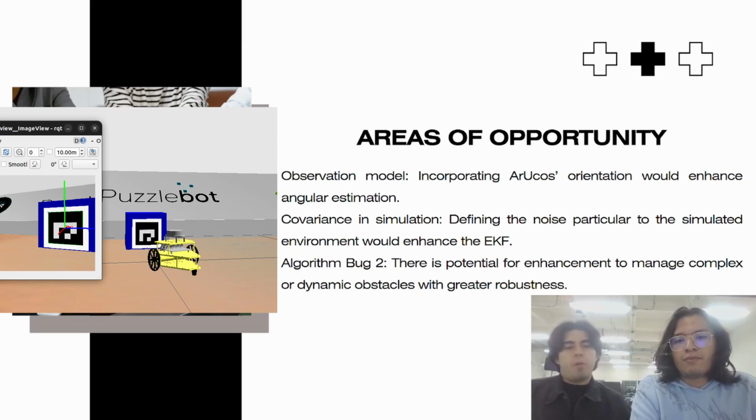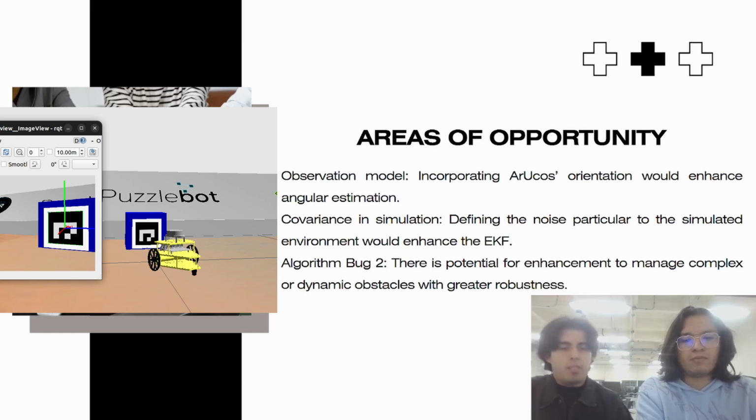As for areas of opportunity, there are ways we could have improved this project much more. We could have improved the observation model, in which we could have added the ArUco's orientation to improve the angular estimation. We could have used the covariance inside the simulation in a way that we could simulate the noise particular to the environment to enhance the extended Kalman filter. And in the Bug 2 algorithm, we could have included more protocols and more actions to avoid dynamic obstacles or